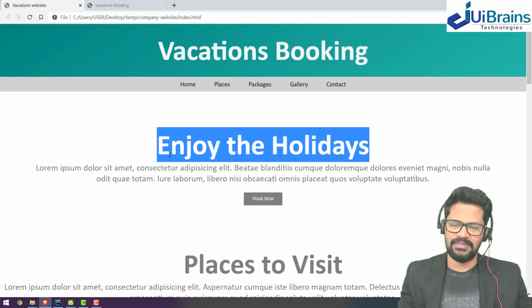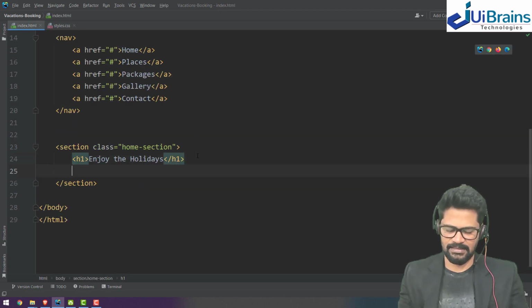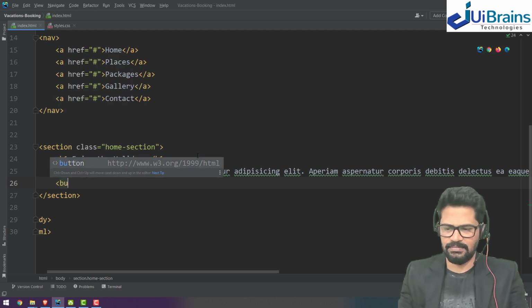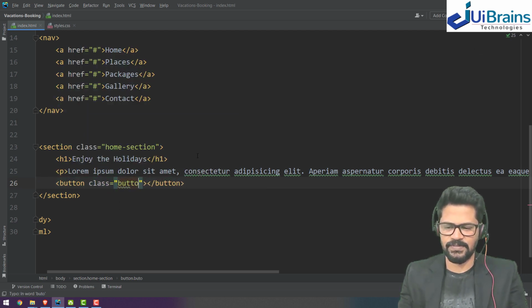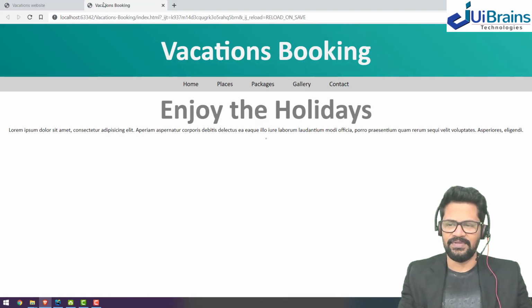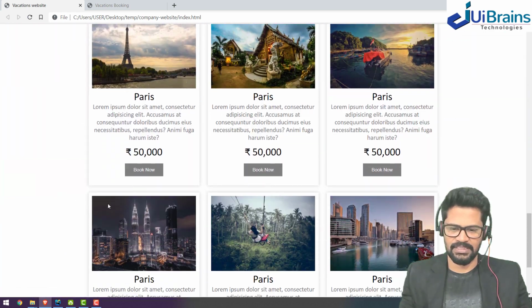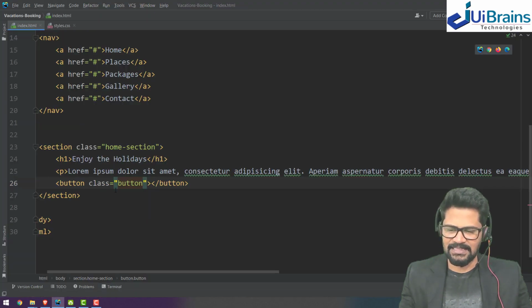Okay, and below that you have a paragraph and a button. So back here under this we have a paragraph of lorem some 30 words, and then we have a button. I can provide a class for the button because I use the button multiple times with the same styles. Here is a button, and when you come down here, also a button. All the buttons have the same style, so why can't you have global styles in CSS? That's why I have given a class button.